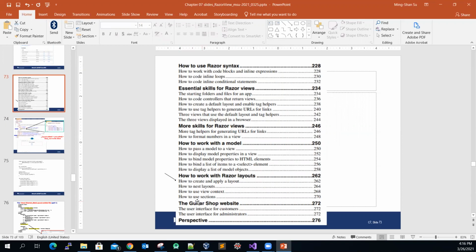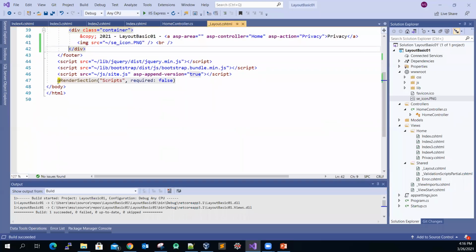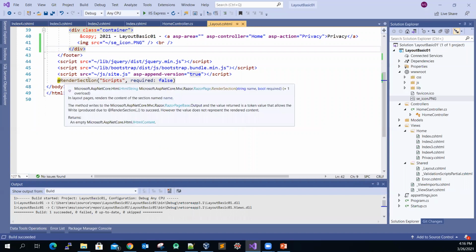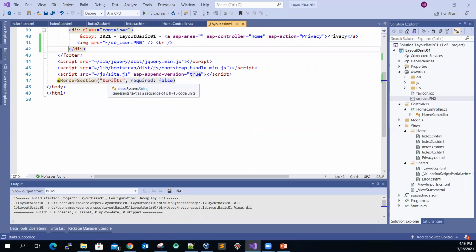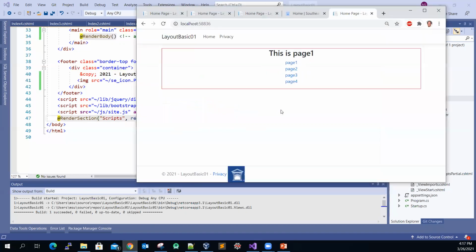In this video, how to use this section. Maybe you have seen something in your layout file like this, the so-called RenderSection function, which has a script file name, and another parameter, required, which if false means it is optional, or you can make it required for all the views. Here I'm going to give you the idea about how to use it. So assume that